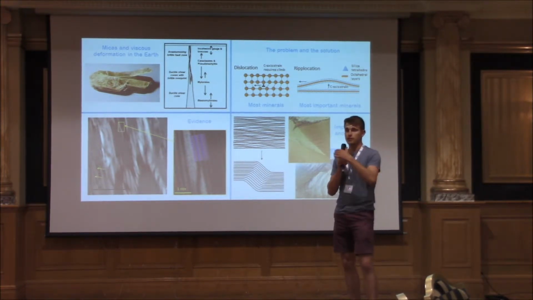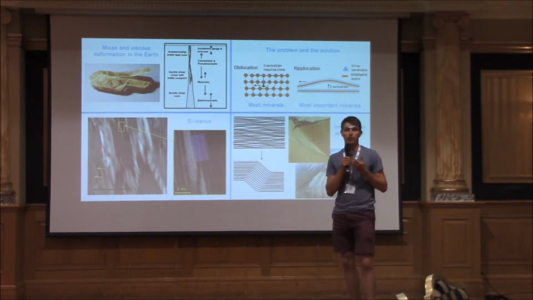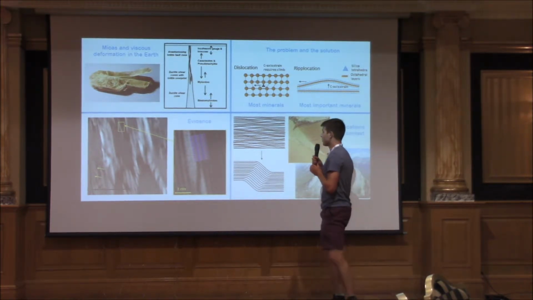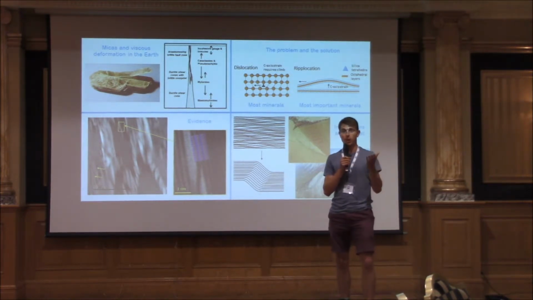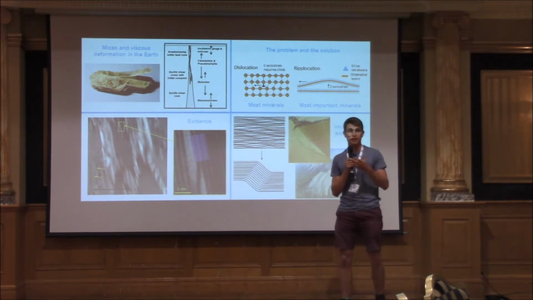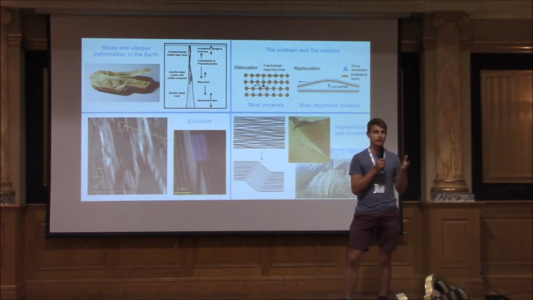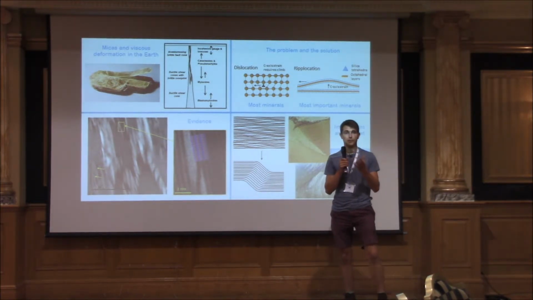So when you have a system with lots of different components, physically, and you start to deform it under stresses, the weakest component is the one that naturally takes up most of that strain. So when rocks deform, we think about them cracking and breaking, and that's certainly what happens near the surface. But when you get deeper into the Earth's crust, the higher temperatures and pressures mean they actually deform plastically or viscously. And so we have to think about different mechanisms other than just cracking and breaking as to how they